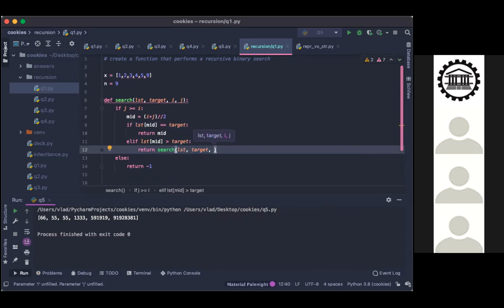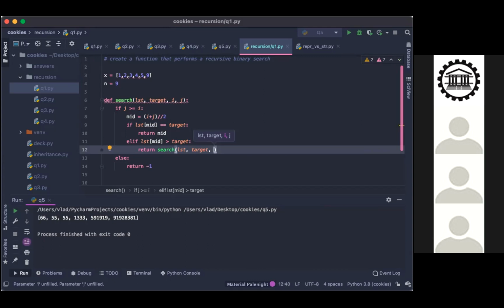Now that we know, since the value at the mid index is bigger than the target, that means it's on the left side of the middle, sorry, the right side of the middle. So we will need to check the sequence from one after wherever the mid was to the end of the list, or whatever that sublist is.